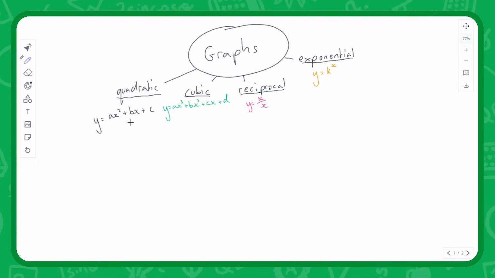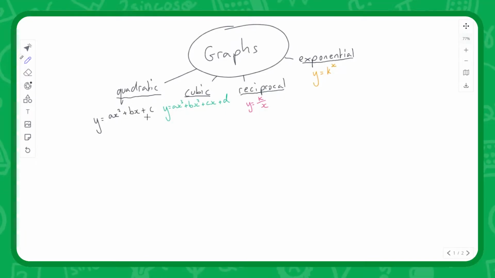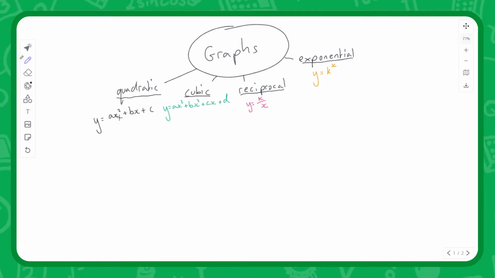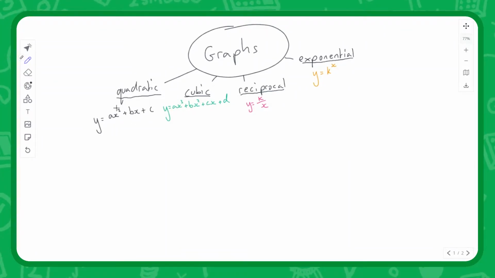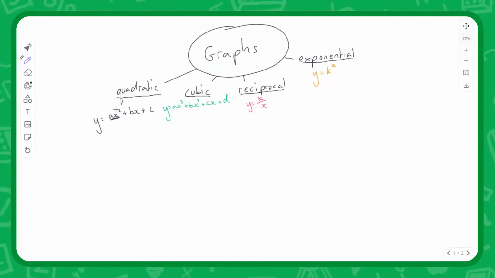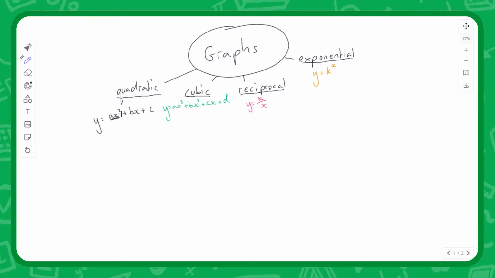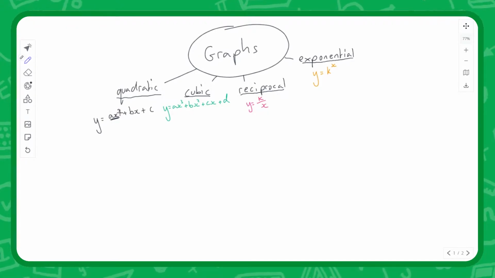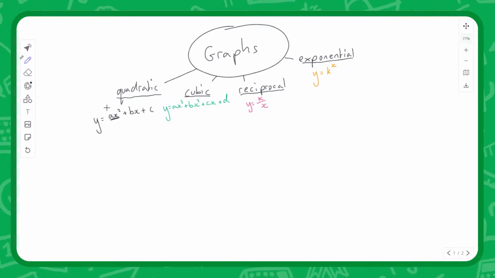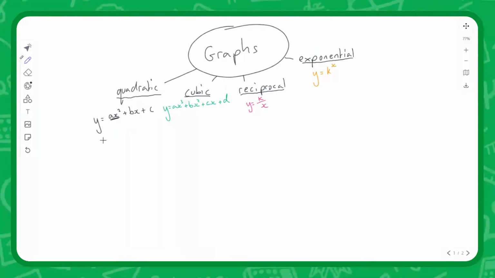Well, the first thing to understand is whenever we've got an equation, either a quadratic or a cubic, or it could be a quartic, the term with the highest power of x, in this case, it's this term, is always going to be the term that defines the general shape of the curve. So what we can really do to understand the general shape of a quadratic, first of all, is